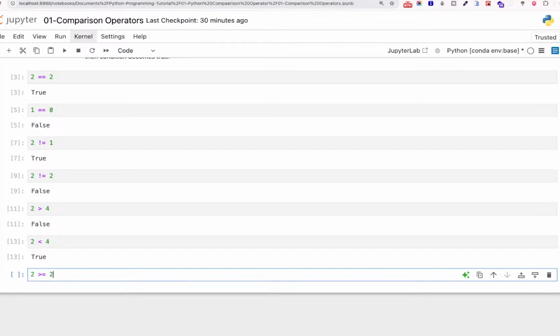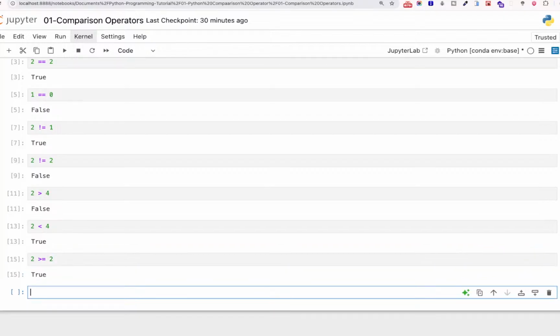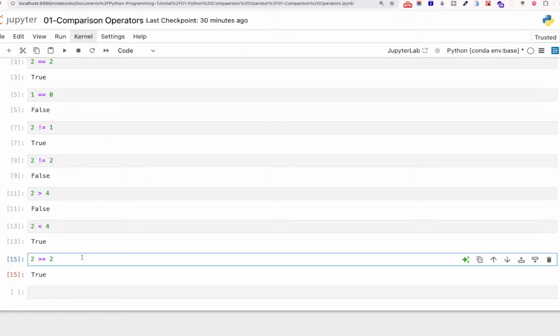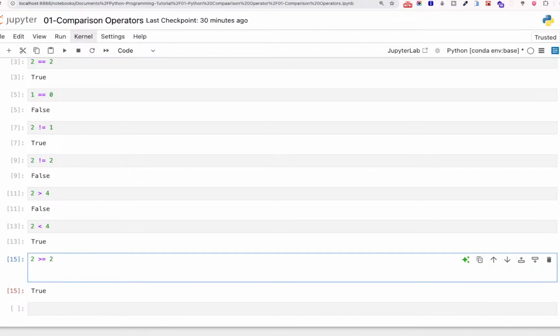And basically, before we run this cell, let's try to understand what's going on here. What I'm actually saying here is I'm asking Python, is 2 greater than 2, or is 2 equals to 2? So let me break this down for you guys. In the real sense, this is true, I just ran the cell. But if you want to write comments in Python, you can use the hash. It's not going to get executed, right? So in the real sense, breaking this down,